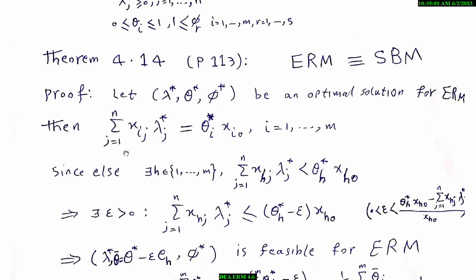The proof is by contradiction. If there exists a constraint that is not equality, this means it is in strict inequality, then